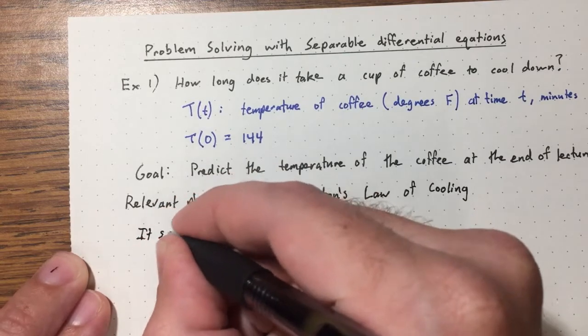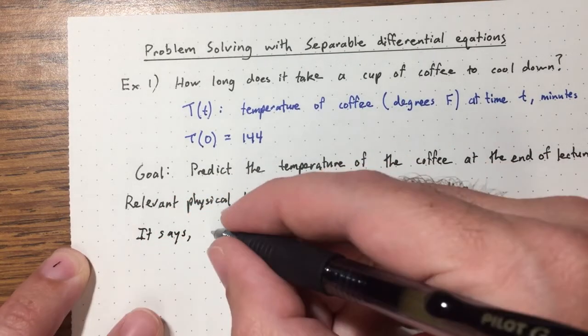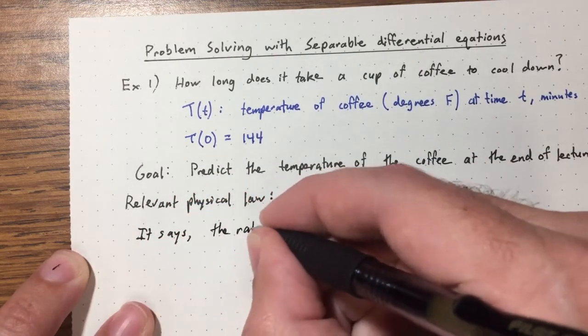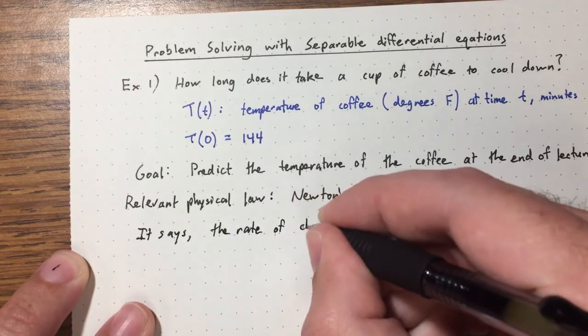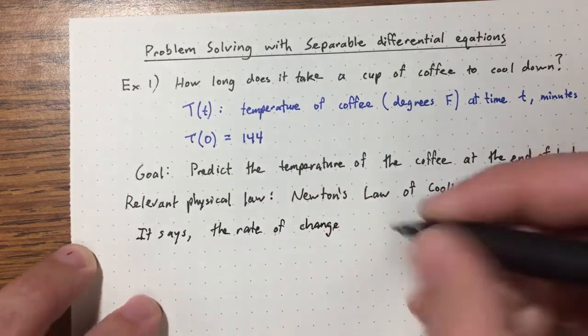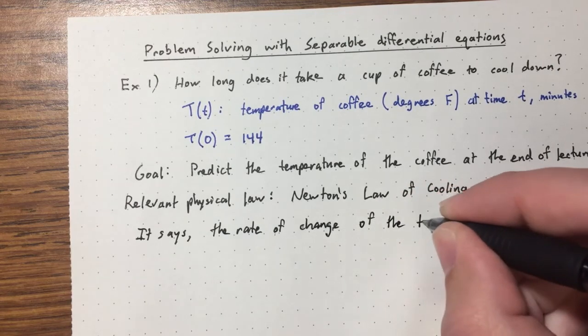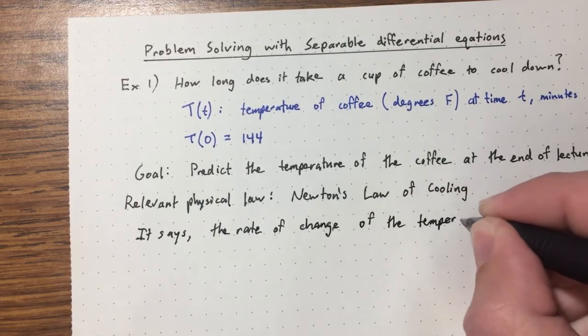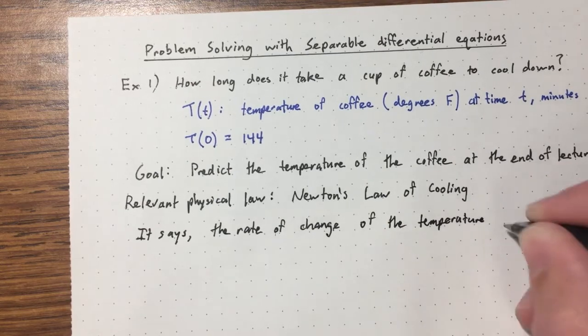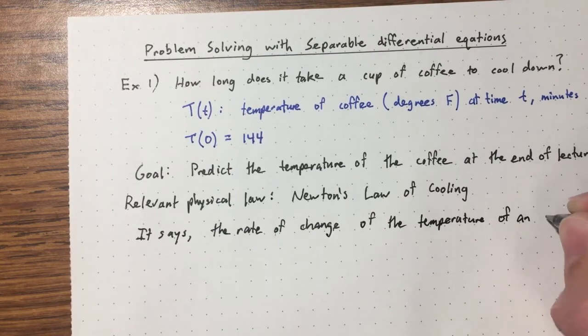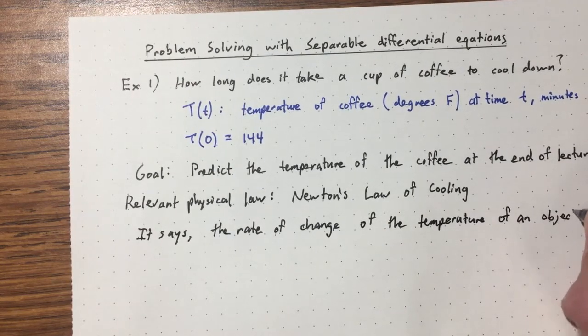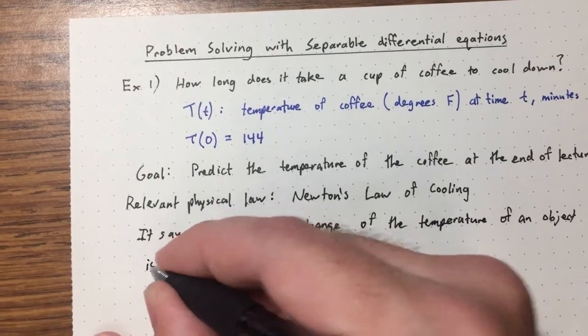So it says the rate of change of the temperature of an object is proportional to